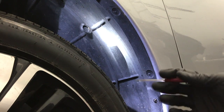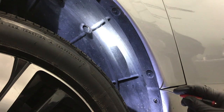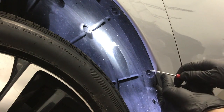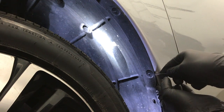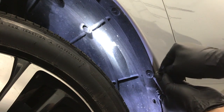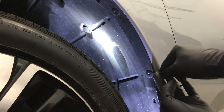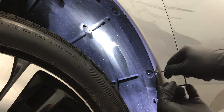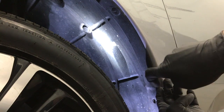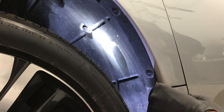So how I always start out is I take a small flathead screwdriver and I will peel back this fender liner, and then I'll take the screwdriver and go between the fender and the fender liner, and I'll push on the clip. You can feel it stop, or if the tab is there, it'll push the tab. And this one, it feels like it's not pushing anything, so that means the tab is on the top and bottom. So now I'll come from the bottom with my flathead,